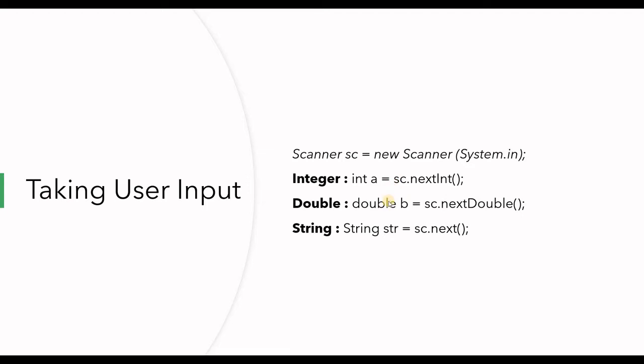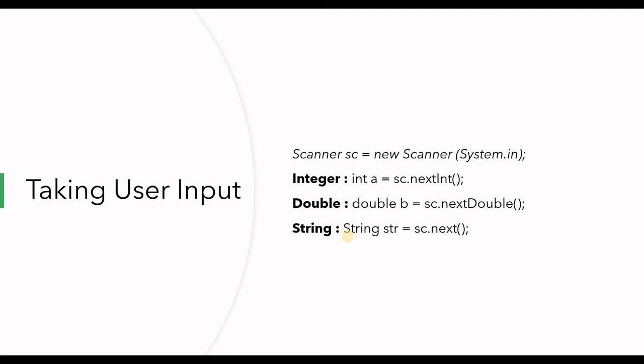Alright, now if you move on to the double data type, we say double b = sc.nextDouble(). See the capital D over here while it is a small d over here. That is because this is a wrapper class. We will be dealing with it in the later part, but for now just learn that this is how we take a double input. For string, we just use String str = sc.next(). Now the S in String is capital over here. That is because String is a class. It's a non-primitive data type.